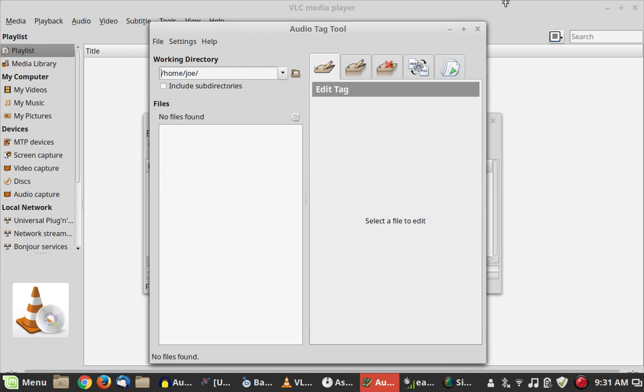This is one called Tag Tool, and what this does is batch processing of metadata tags for MP3 and OGG Vorbis files, and I have a ton of those to keep up with. Tag Tool is very simple and straightforward. It's been around for a long, long time. I've been using this particular application for many years. I don't do a whole lot of that these days. My music collection is pretty much static, but if I have to, I can work on that sort of thing using this.